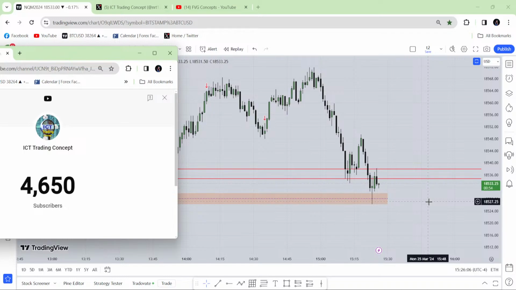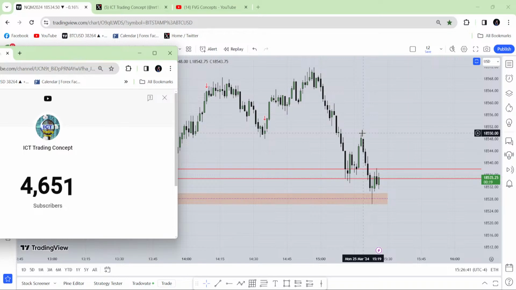Okay, Miguel, you are late, brother. Is this swing high valid for shifting market structure? If market can go lower a little bit, then it will be valid for shifting market structure. If market can make a curve here. Until now, this is sideways. See, sideways candle. A sideways candle is not valid for being a swing high. If it can make a swing high here, then this will be valid for shifting market structure. This high will be valid for shifting market structure. How can I make it more clear?